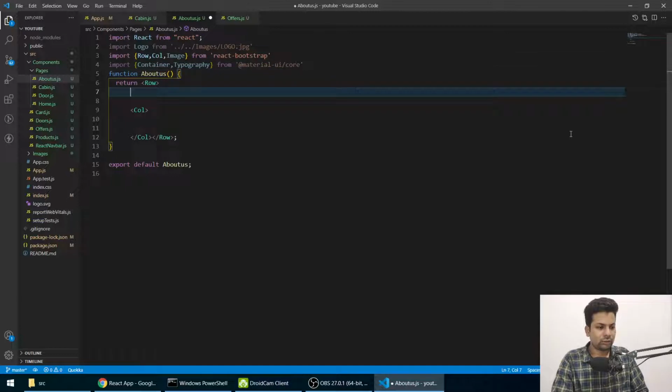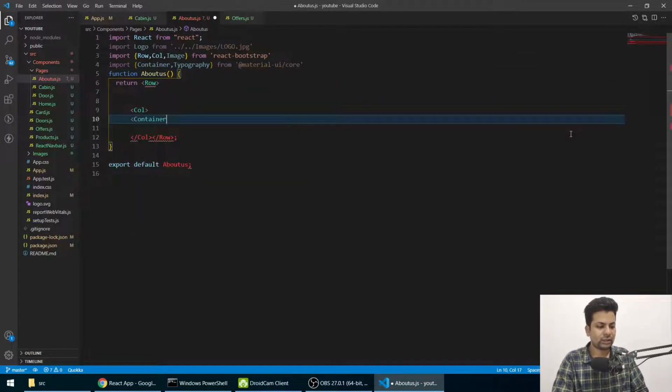Okay guys, so now inside column we'll make a container, so everything should be in between.